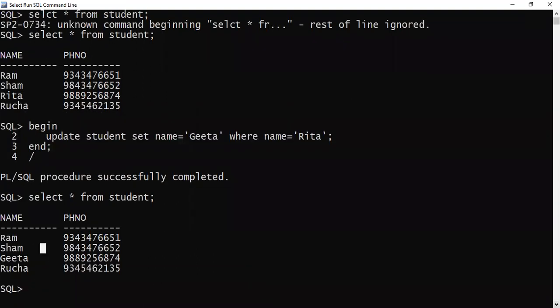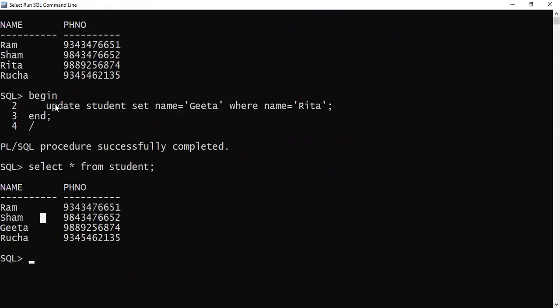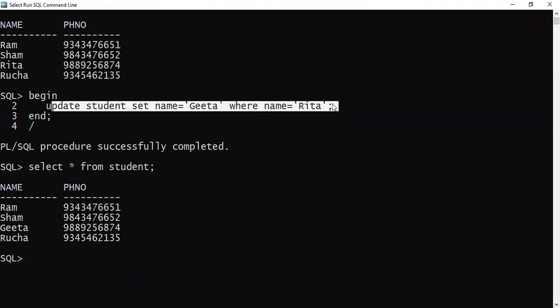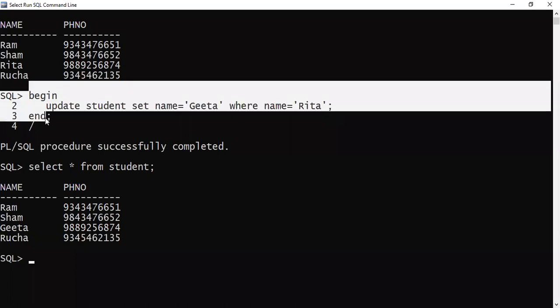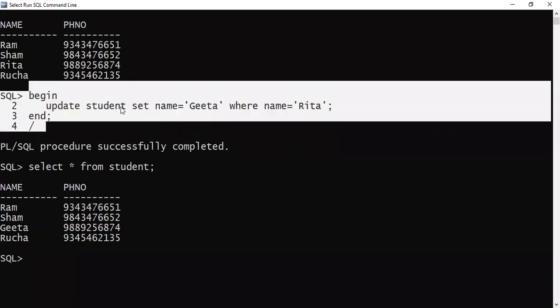Now here you can see that when I updated the record, this PLSQL block will be at the user side. And where is my database? My database is there inside Oracle. It is called the Oracle Engine. So the database will be stored inside the Oracle database. When I want to perform any kind of update to Oracle through my SQL statement, what happens is the data is fetched from inside the database to the outside user area.